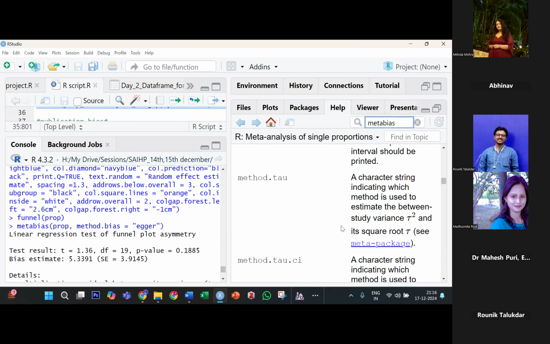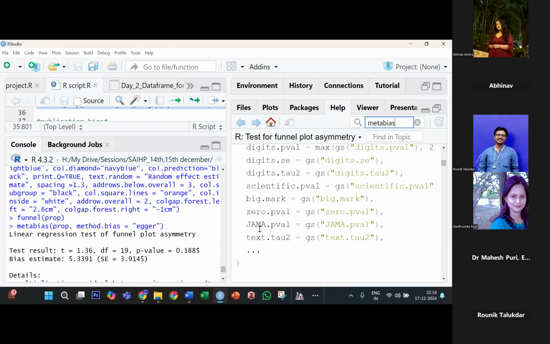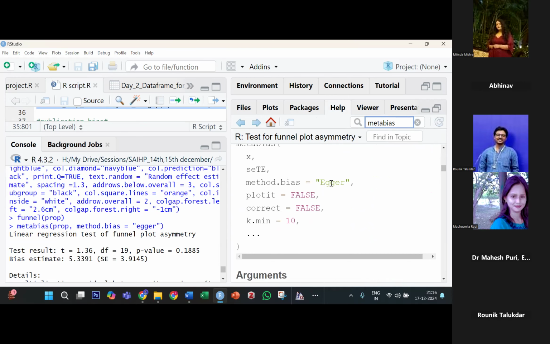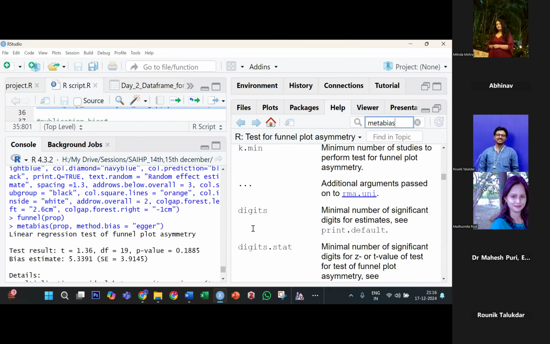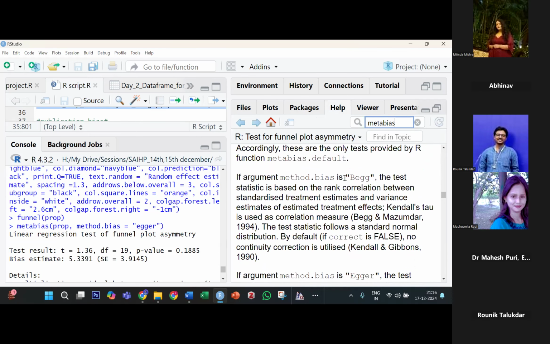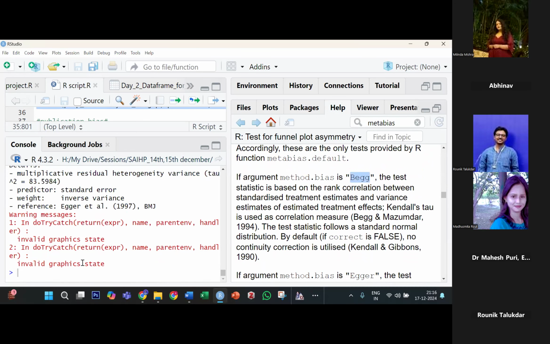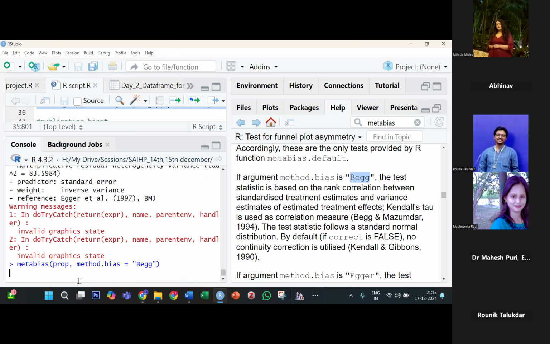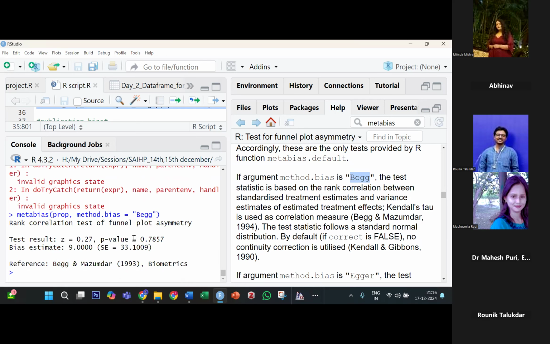ये आ गया, क्लिक इट। अभी नीचे आके तुम्हें देखना पड़ेगा कि हाँ मेथड बायस, तो मेथड बायस में जाओ। हाँ, सो इफ आर्गुमेंट मेथड बायस इज बिग, सो जस्ट बिग लिखना है। बिग का इक्वेशन करना है तो लिखना भी बिग ही है बस। तो इसमें एगर के जगह सिर्फ बिग लिख दो। आ गया। तो इसमें भी पी वैल्यू 0.78 आ रहा है। तो ये भी बोल रहा है कि पब्लिकेशन बायस नहीं है।